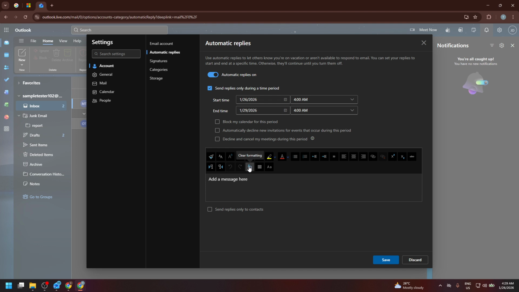If you also want to reply to people outside your organization, select the option to send replies outside your organization. You can choose to send it only to your contacts or to anyone who emails you. If you're enabling replies to anyone, avoid sharing internal details and keep the message general, like your return date and an alternate contact method. When everything looks good, click Save at the top or bottom of the window to activate